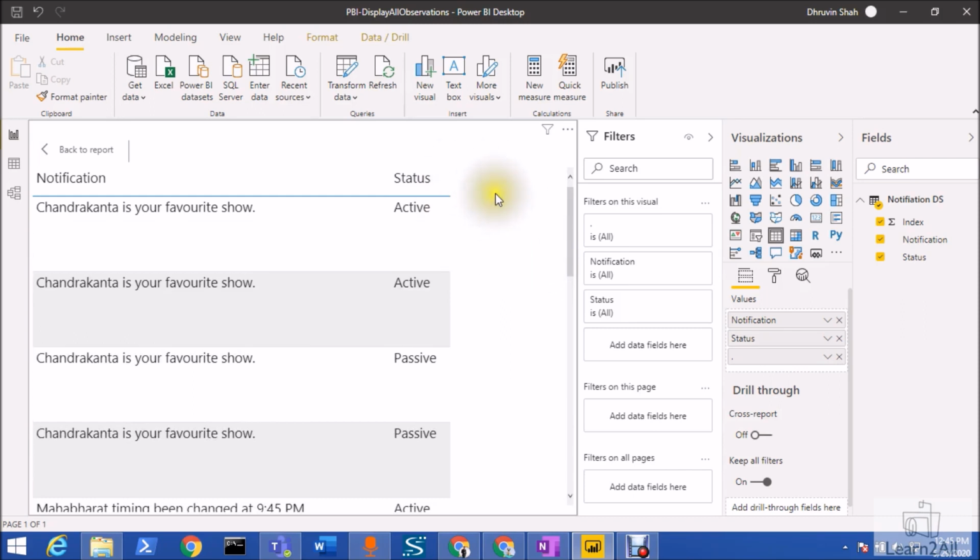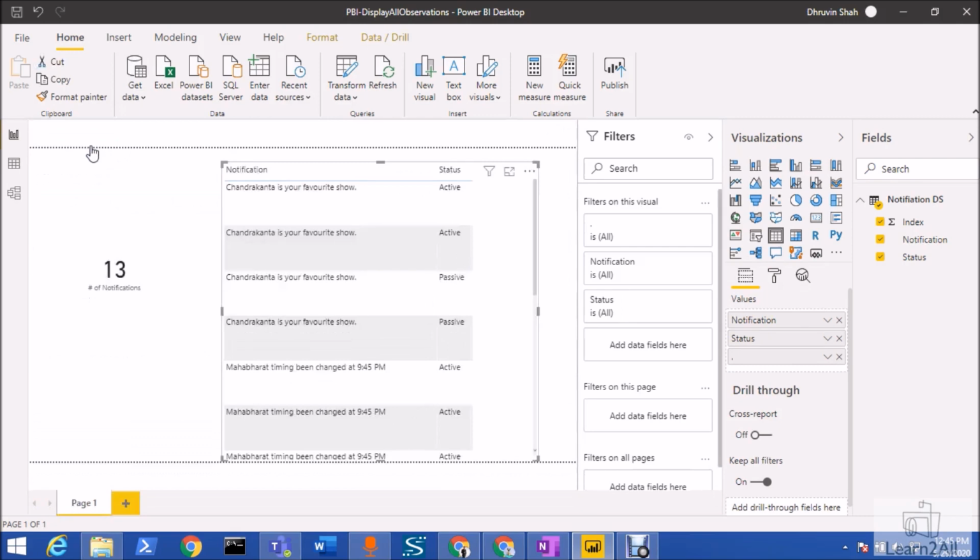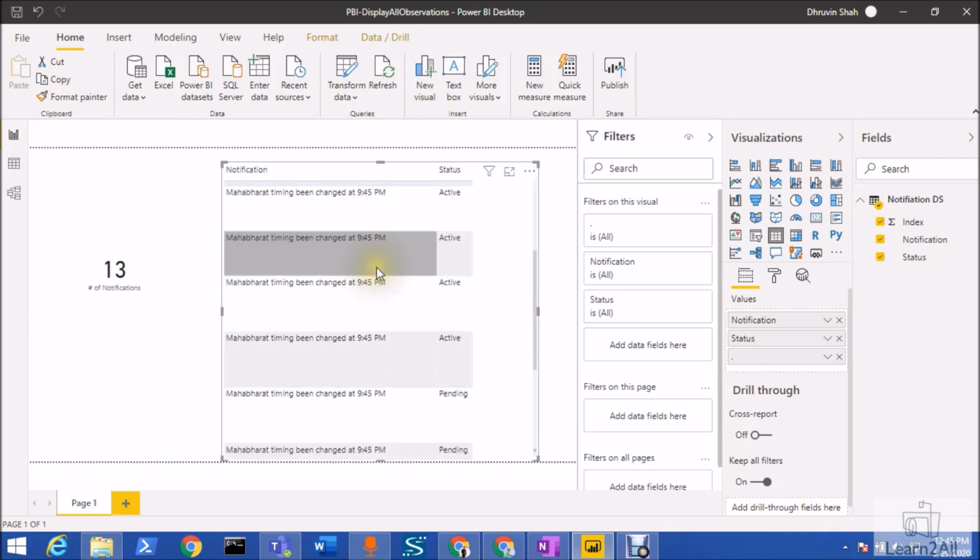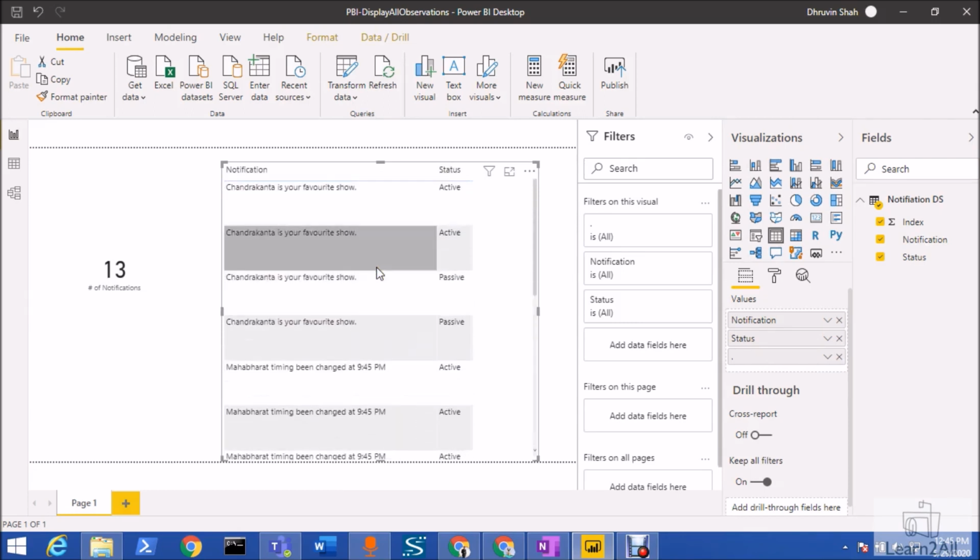So you can see that now the end user will not be able to see the index column, and you can view the table like this. Of course there would be some spacing, because I have enabled word wrapping here. With this change we can easily show all the notifications in the single table. Now you can see that all the 13 notifications appear in the table. So this is one workaround to display all the data from your dataset in a table visualization, because sometimes we need to show each and every record, and the table's behavior automatically removes the duplicates. To overcome that, we need to go with this indexing approach.